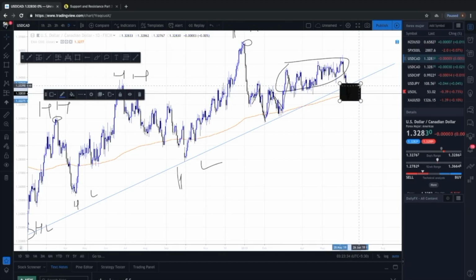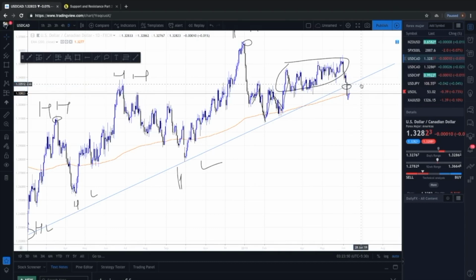So now, if the price doesn't respect the trend line, and if it breaks the trend line, what do you think will happen with the buyers? They will be in huge pain, right? So what do you think the buyers will do next? Some buyers will get out with small losses, and the others will go in drawdown and wait for the price to come back up.